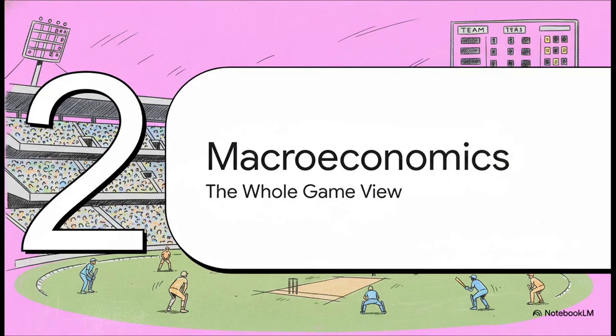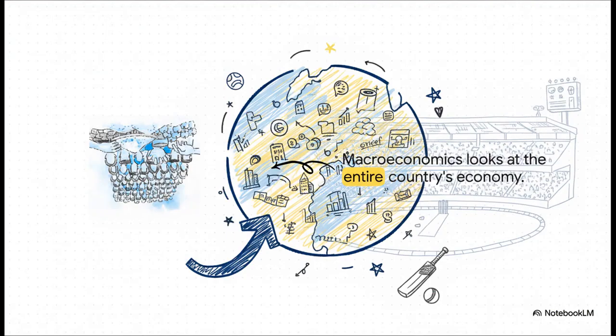All right, we've had a good look at the player. Now, let's take those binoculars off. It's time to zoom all the way out. We're not in the player's gallery anymore. We're looking down at the entire stadium, the whole country. Let's get the big picture view. Macroeconomics. So, macroeconomics isn't worried about one player's century. No, it's about the entire team's performance. It looks at the economy as a whole, the economic health of our entire country, India. Think of it like the final scoreboard of the match. It tells you how the whole team did, not just one player.